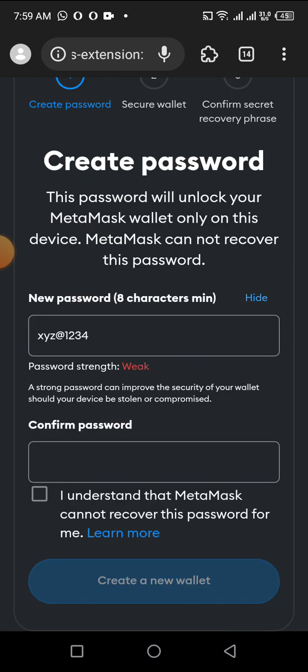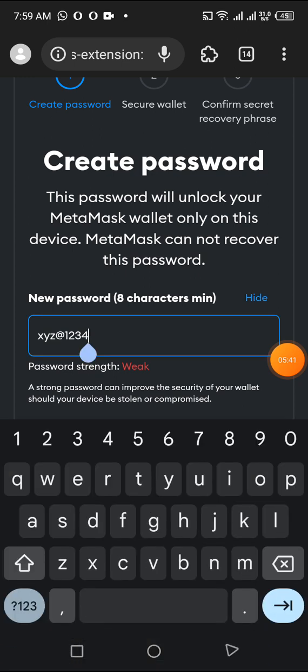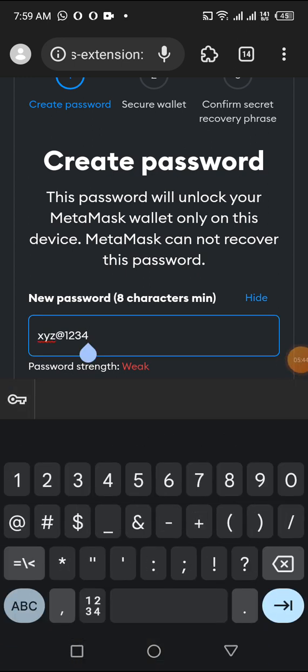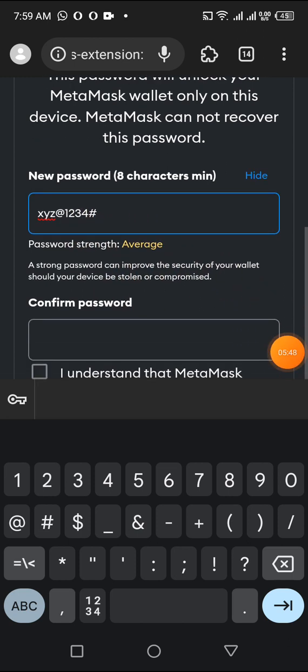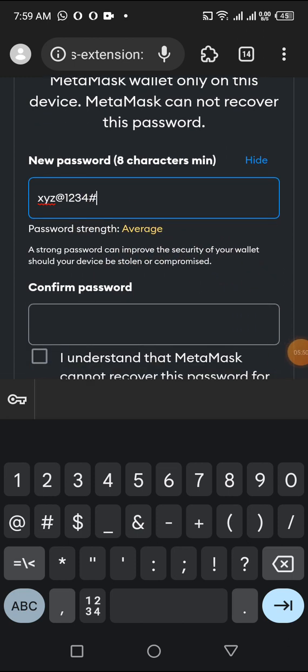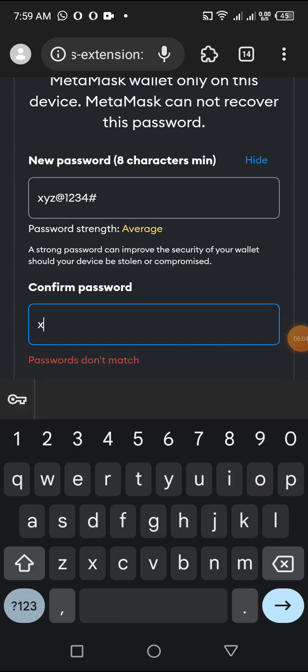Make sure in this place it is not weak. Add something like, I'm just showing an example of how you can do this, so XYZ at 1234. Anything you do, you should be jotting it down. So this is just a demo. Just repeat this in here, XYZ